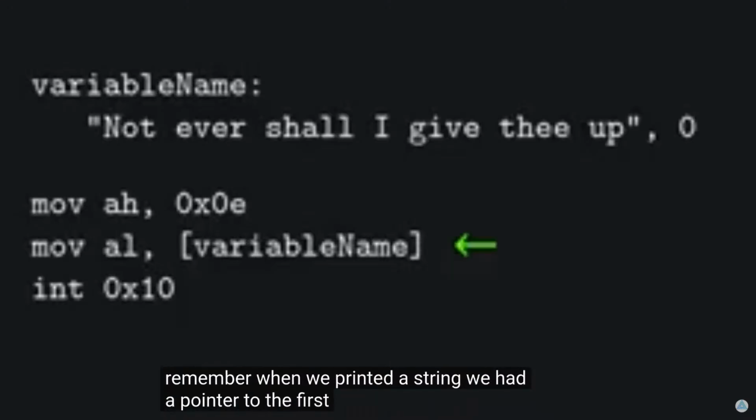Most operations we already did in fact hide the presence of segmentation. Remember when we printed a string? We had a pointer to the first